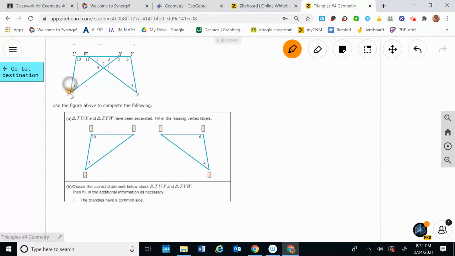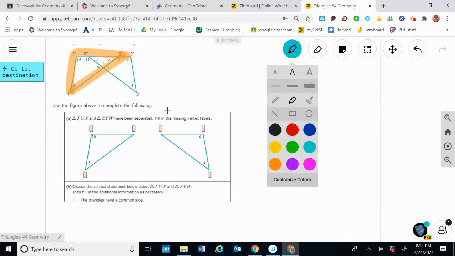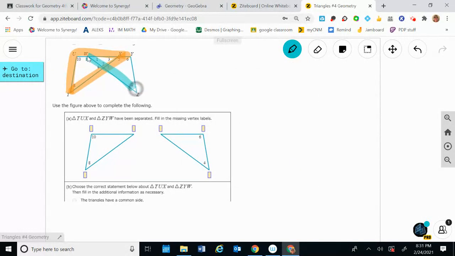So when you're looking at the original picture, look, this is a triangle here, okay? And this is a triangle. So they share a piece of a side, but not even a whole side, you guys. But they've combined these triangles, okay? So one of the techniques to work with these things is to separate them, okay? So look what they did. They basically separated the two triangles. They pulled them apart, okay? And they're saying, now you need to complete this. Now, I don't have all of the things here, but I don't think they're going to be hard once you